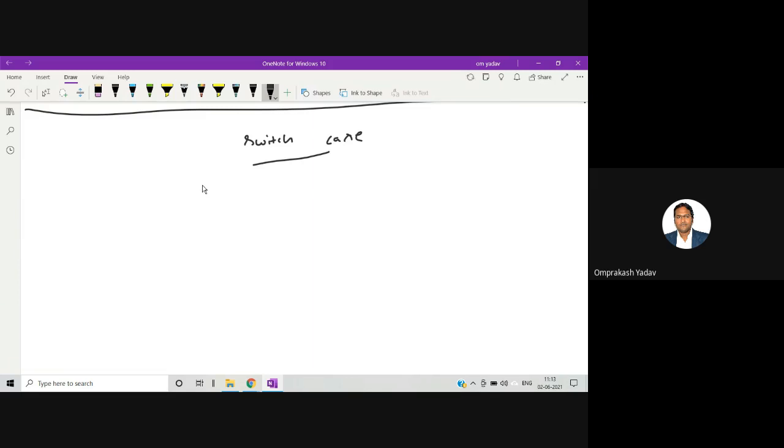For example, if you saw that particular program where we used the ladder case, else if, there we have multiple decision statements. The same way, if you have multiple decision statements, you can also use the switch case.